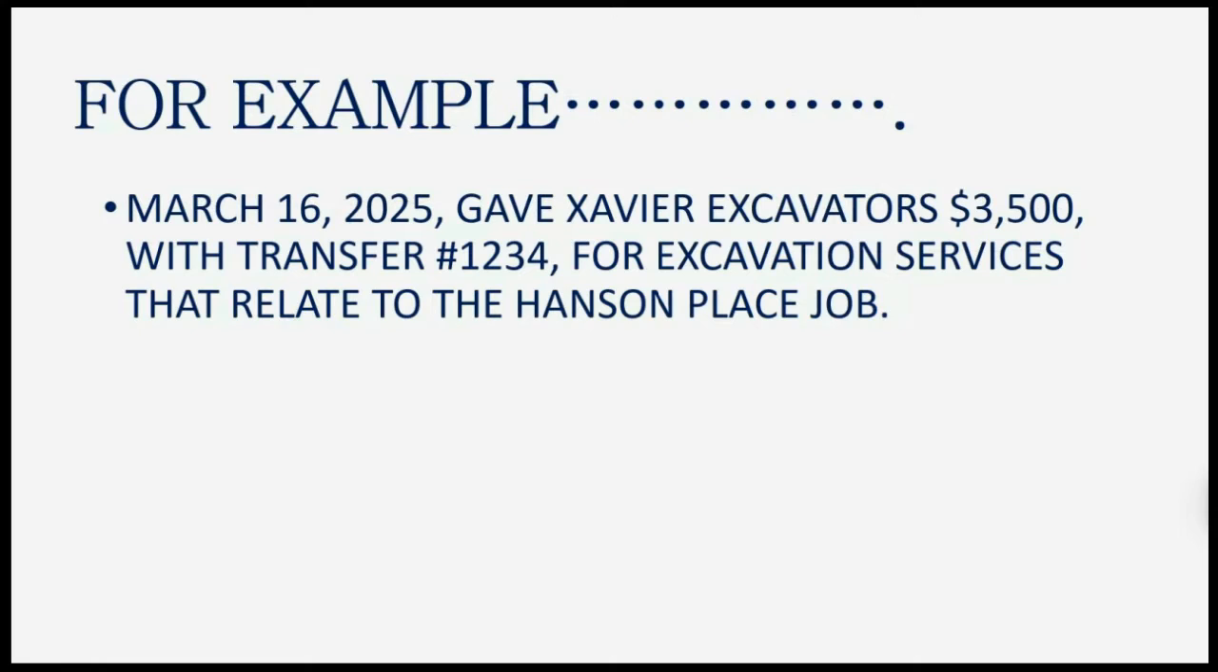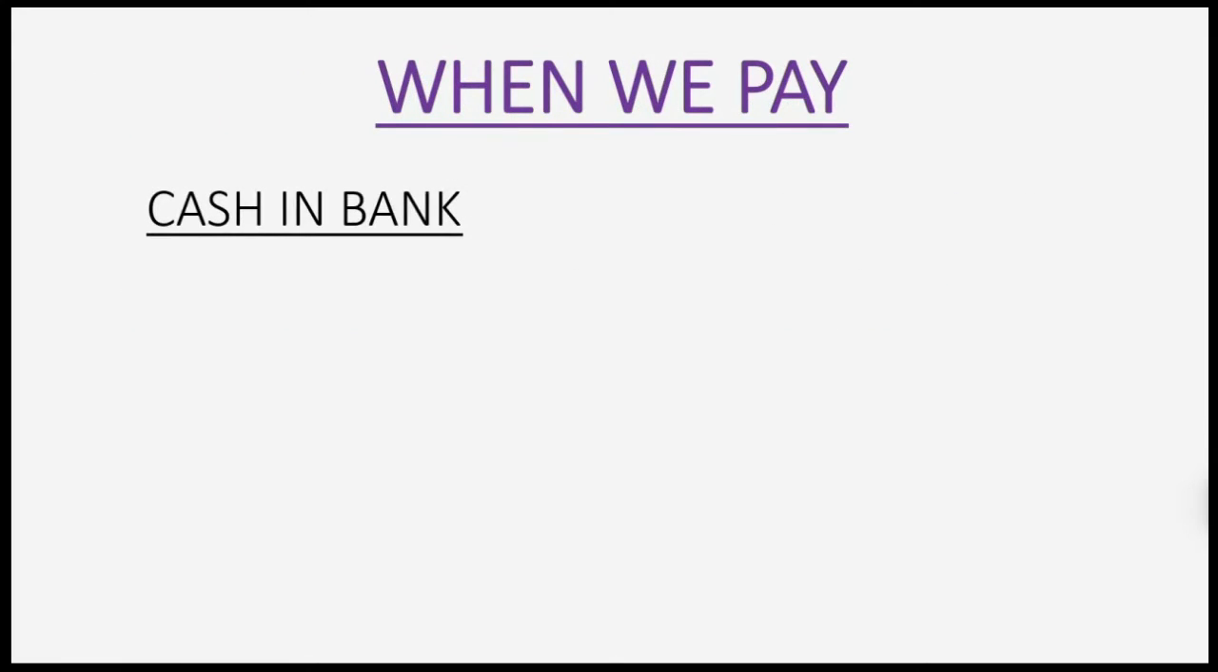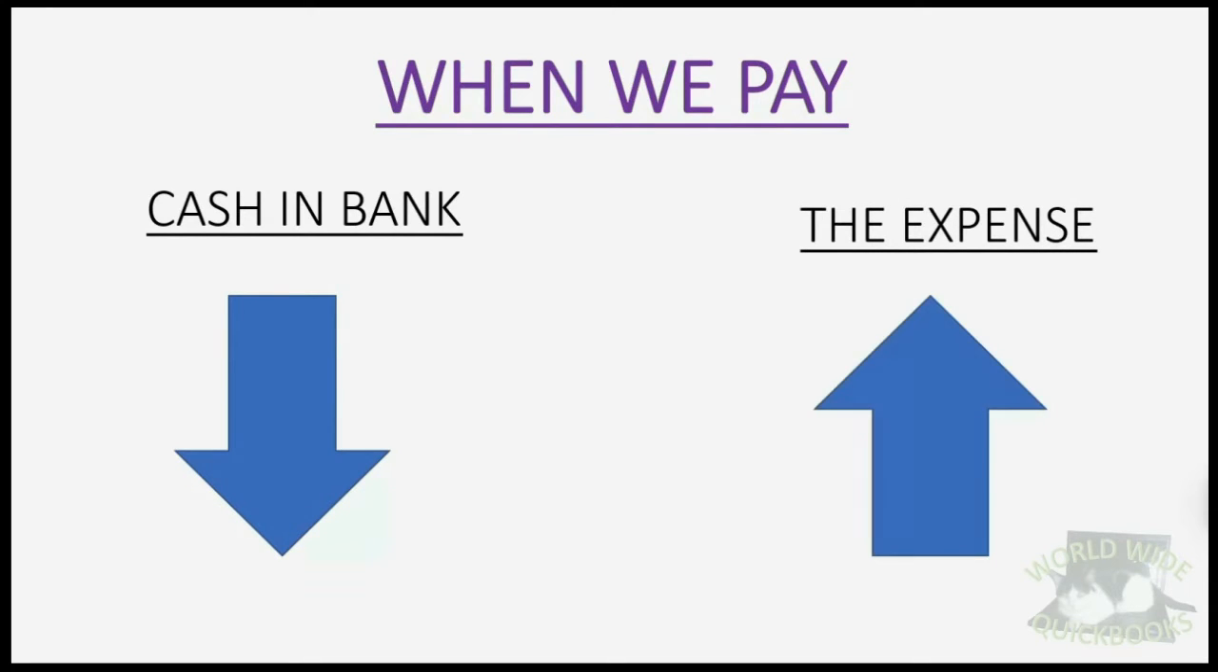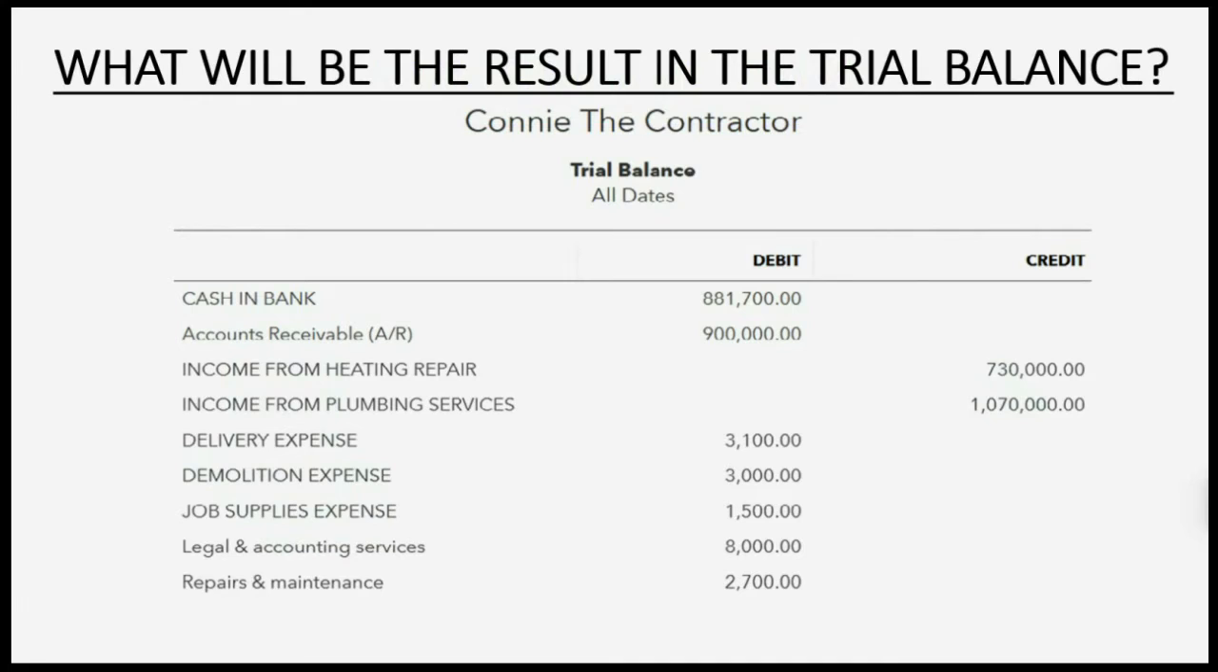For example, let's imagine on March 16th, we gave Xavier Excavators $3,500 with transfer number 1234 for excavation services that relate to the Hanson Place job. Now we're paying, so cash will go down by $3,500 and the expense will go up by $3,500. So what will be the result in the trial balance? Well, if cash goes down by $3,500, it will become